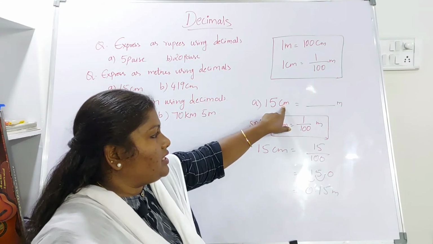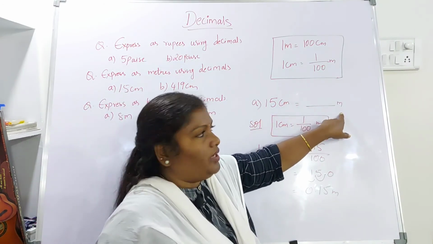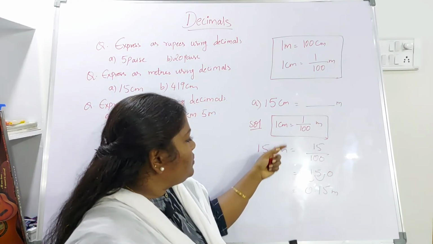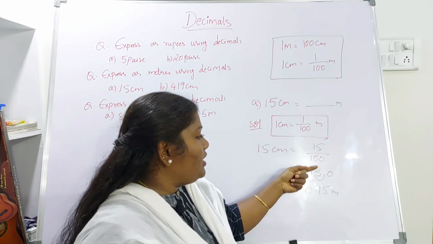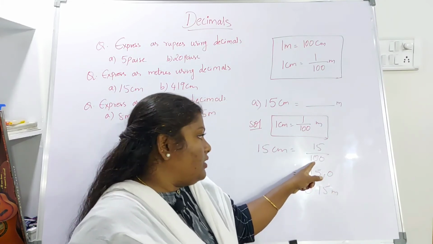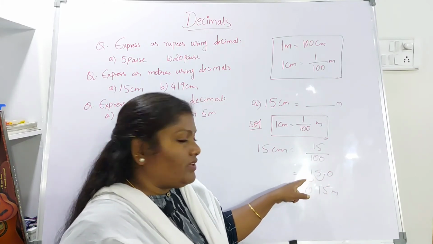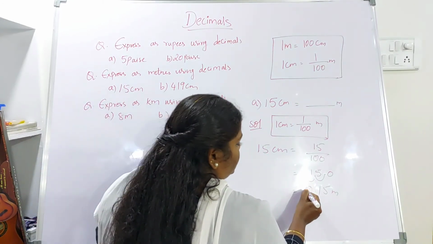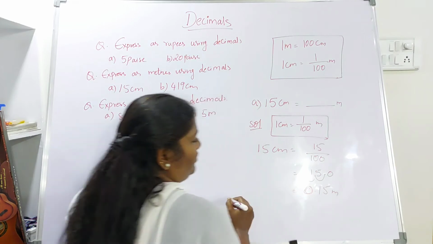Yes. So once again let me explain. Now they have given in centimeter, asking you to convert into meter. Smaller to bigger quantity you need to divide. So it is 15 by 100. 15 in the sense 15.0. So here you have 2 zeros. So the point will shift to left 2 places and the answer is 0.15 meter.